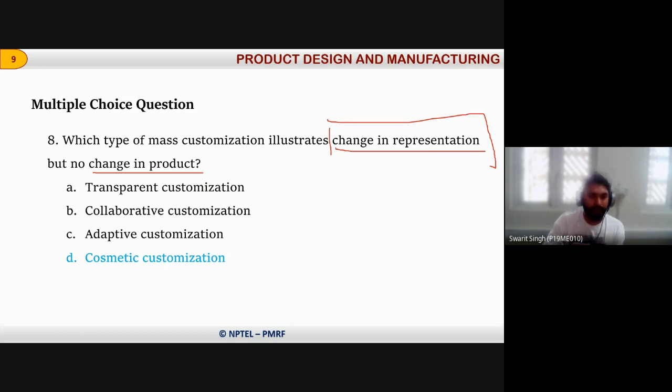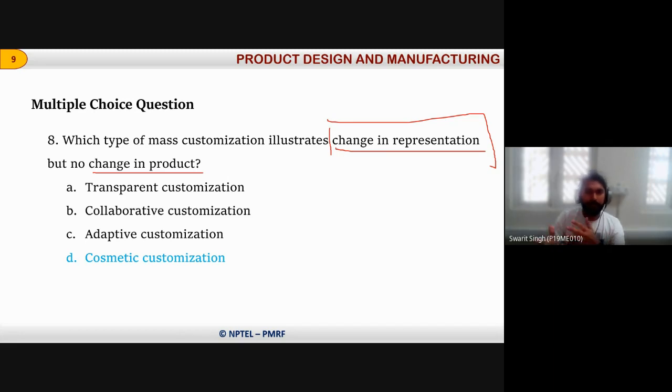The aesthetics may be changed, like with a car. Maybe one model is there, and in that particular base model you have varieties of colors, and then a variety of options regarding